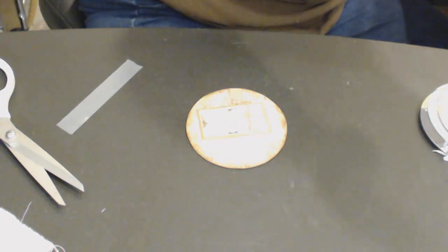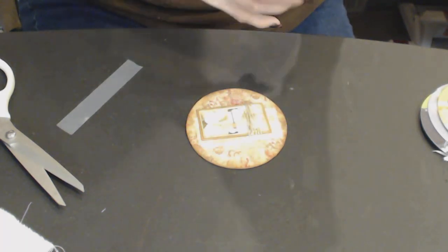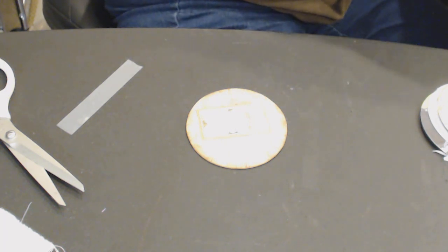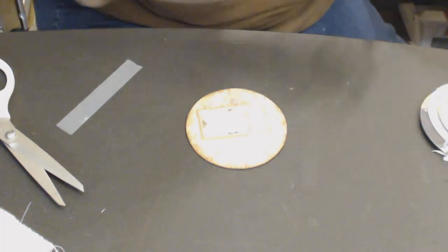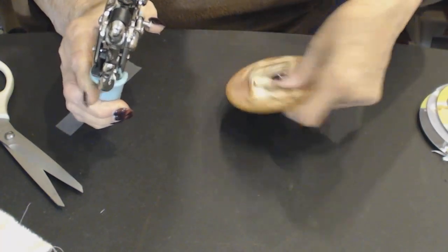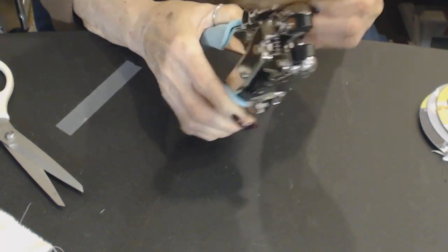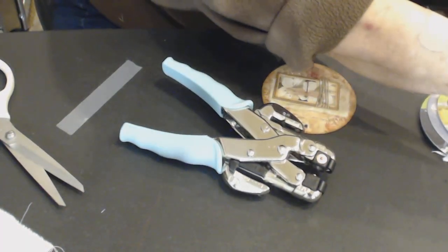Now I am going to punch a hole with my crocodile, the large hole. I have to clean it out. That's the only thing. I've been to CHA a couple times, and there's been some discussion about cleaning out that hole. They were going to improve that, but I don't know that they did. So I'm going to do this as close to the middle as I can, about an eighth of an inch in, and I'm going to put in a grommet,